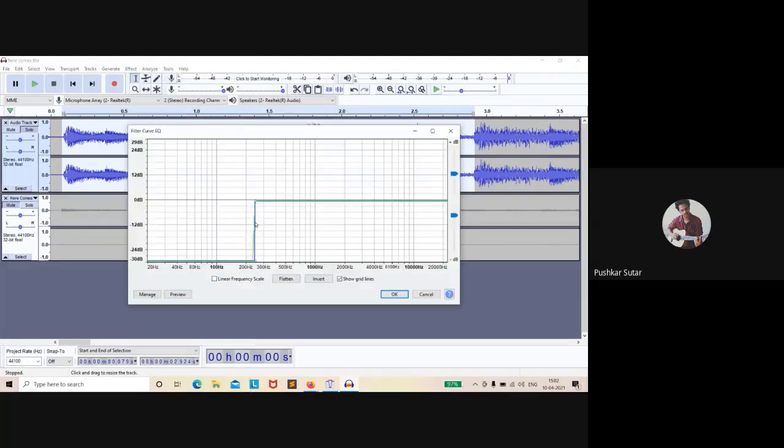I'm opening the filter curve again. I'm applying a low pass filter, and I'm saying that I want around 200 hertz में मुझे कट ऑफ फ्रीक्वेंसी चाहिए. तो I'll just boost from 200 frequency तक, और I'll just cut. So basically this is what I meant by brick wall वाला ideal low pass filter. I'm applying the ideal low pass filter जिसमें 200 hertz तक frequency pass होगी और आगे का सब कट होगा.